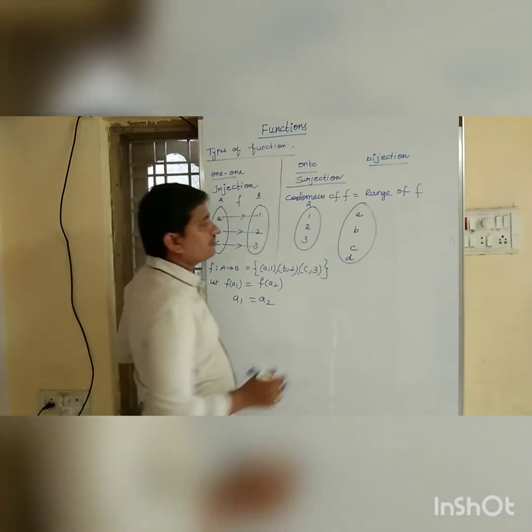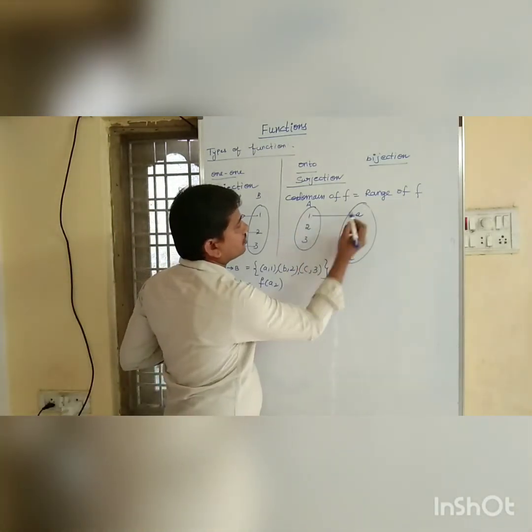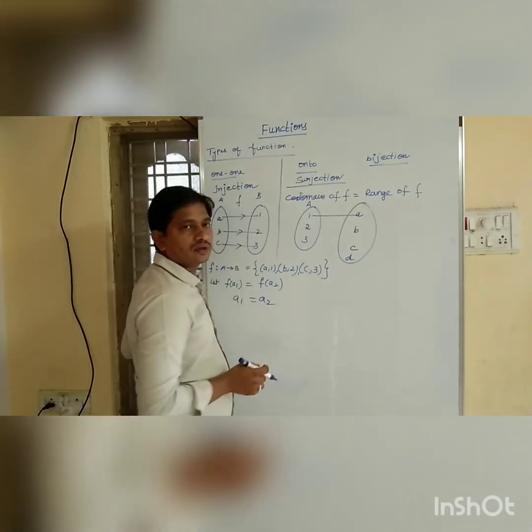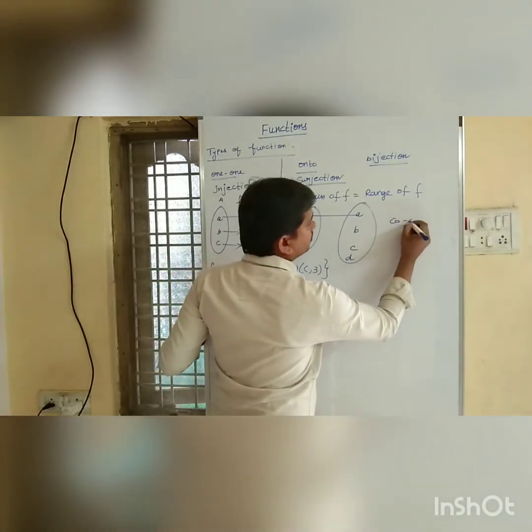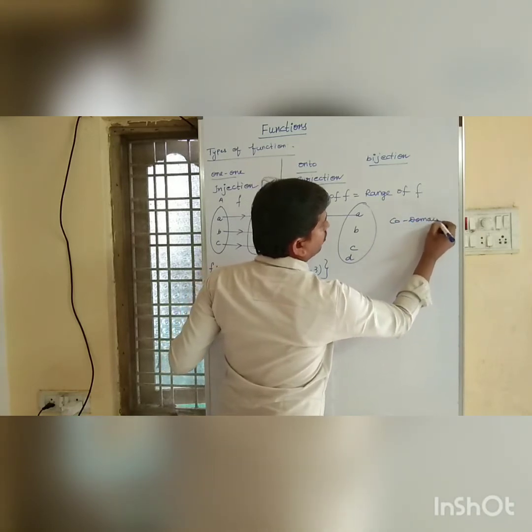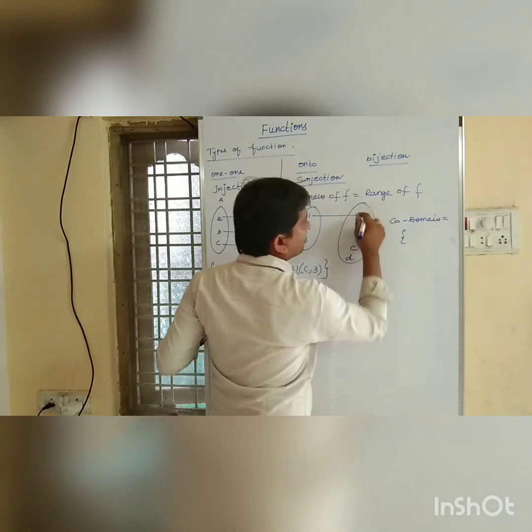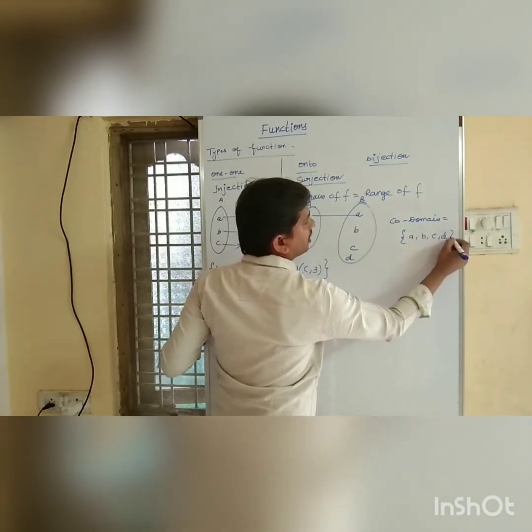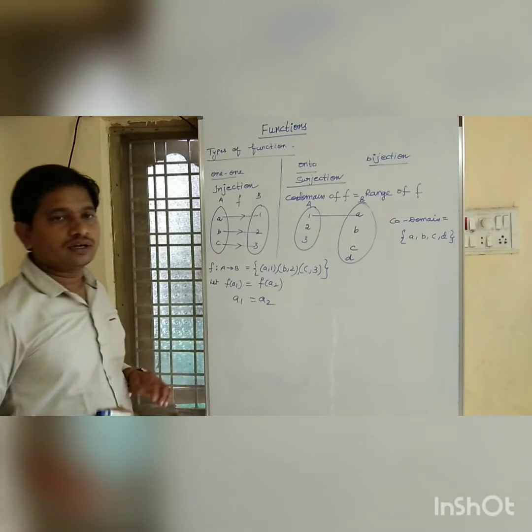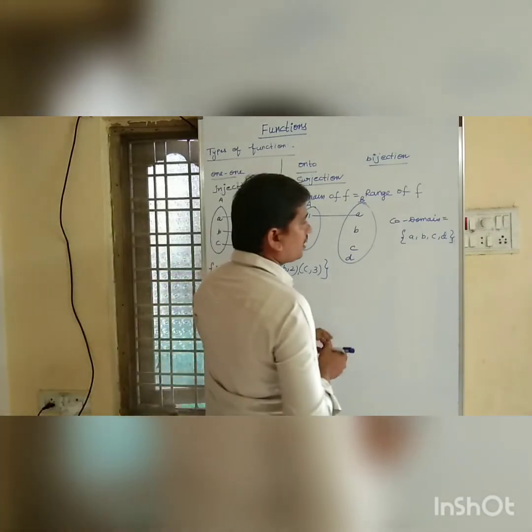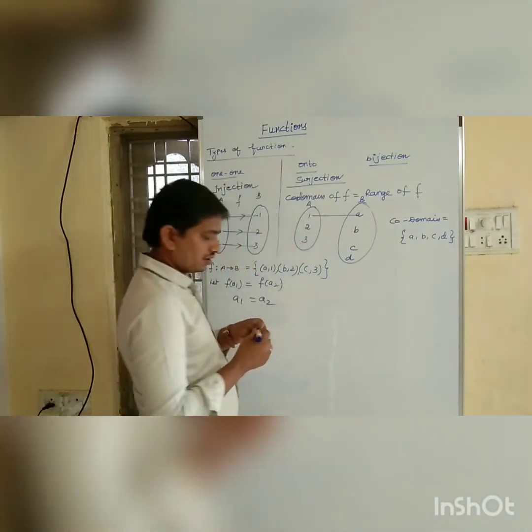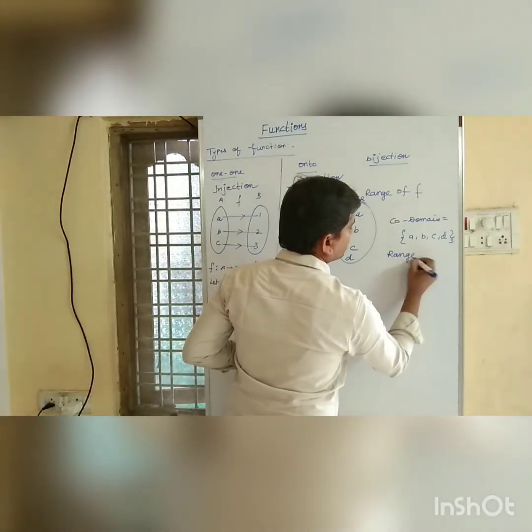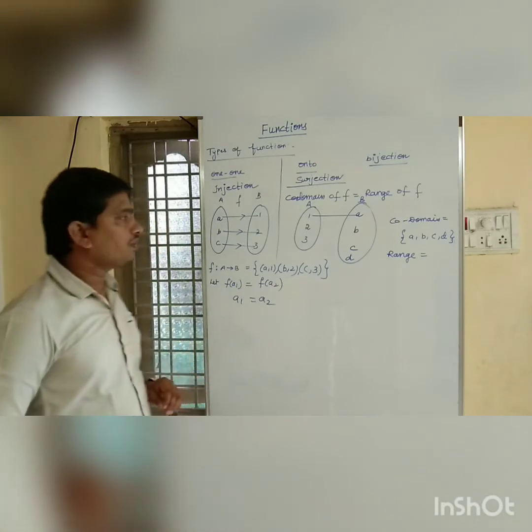Okay, children, can you tell me, is it a function? First let us see what we mean by codomain. What is the codomain here? Here the elements in set B are called the codomain, right children? a, b, c, d. This is the codomain. Right? Now let us see what we mean by range. As I said, codomain of f is equal to range of f.